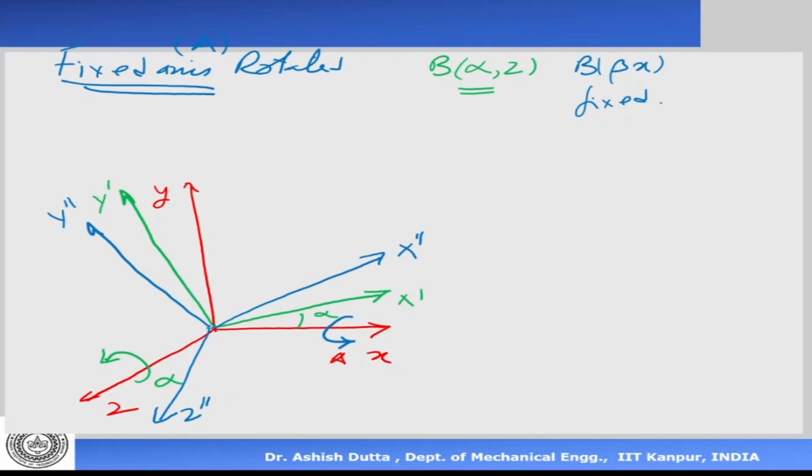Now suppose I have a third rotation also. B is again rotated by some angle about y now. So B is again rotated by an angle gamma about y-axis. Fixed y again, it's always fixed angle. So about y it is rotating like this. So what will happen? This will go here, this will go here, and this will go there.